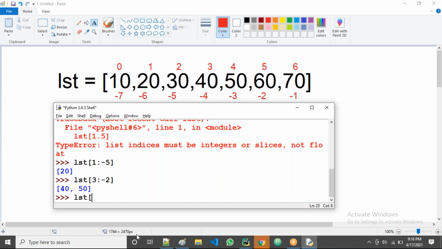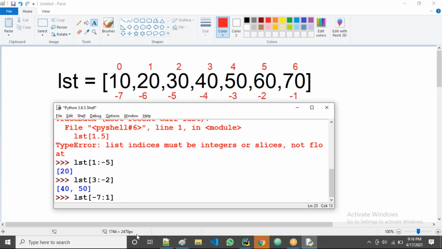Now I am taking minus 7 colon 1, guys. Tell me now. Starting value is a negative value, ending value is a positive value.